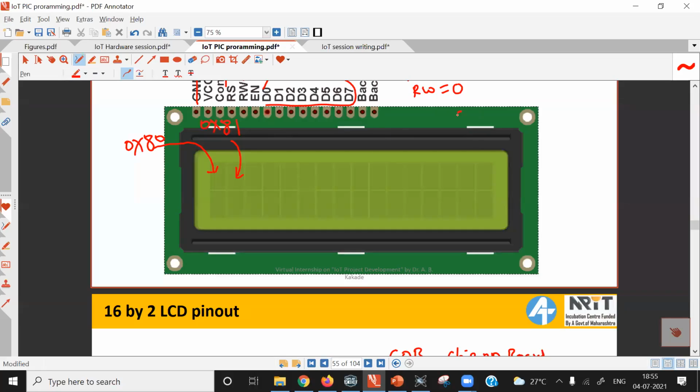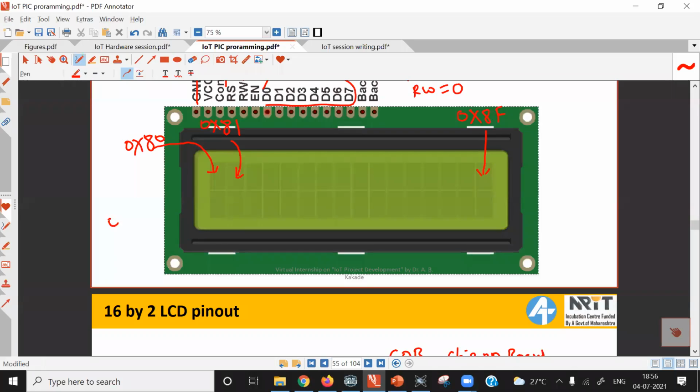And if your command is 0x8F, the subsequent data will be written to the last position of the first row. So basically this command starting with 8 indicates where you want to write the data. It is pointing to the columns of the first row.